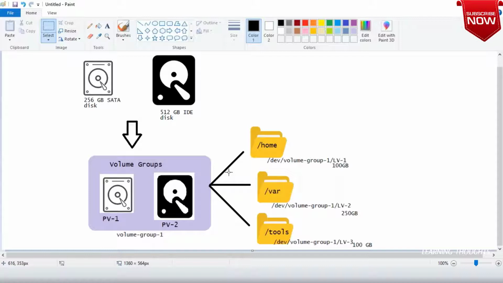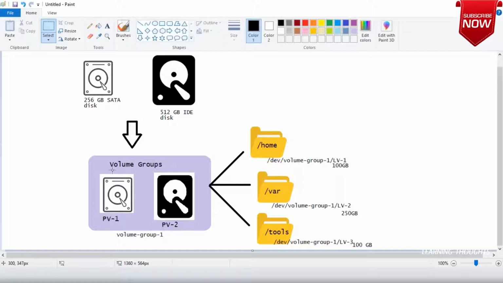So what is the advantage? Tomorrow, whenever you add a new disk, it might not impact anything, because your new disk will be part of the volume group. So you can increase your volume groups. What you deal with is logical volumes, not physical volumes. Physical volumes are your disks. Logical volumes are what you create.